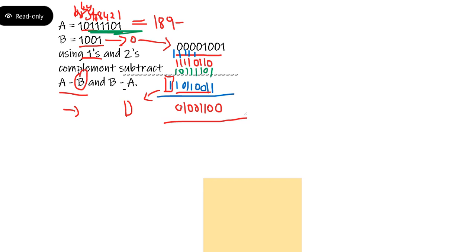8421. Sorry, 9, no? Yes, sir, 9. So it's 9. Right? Now, okay. So what is the answer normally? It has to get 180. Okay? Now, see what is 180 in binary.